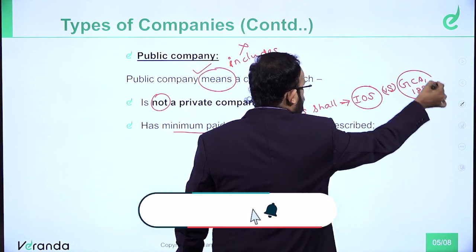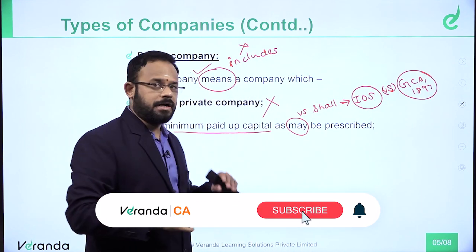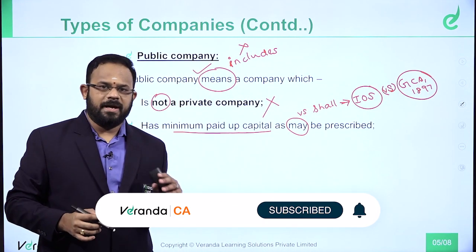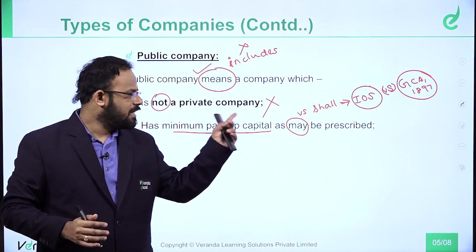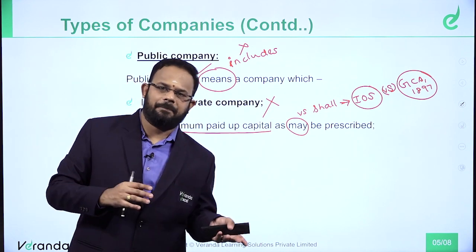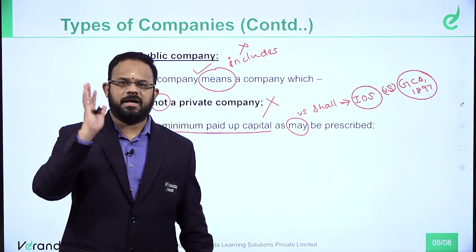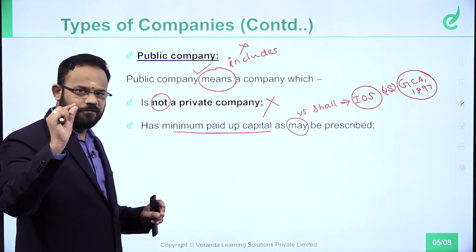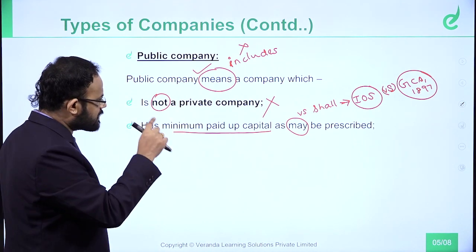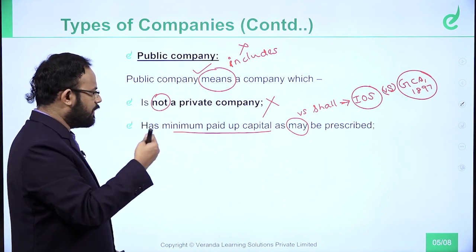So this is one other act where they will study what is may, what is shall. May means may or may not. Basic definition. You have an exception also. May means may or may not. It can happen, may not happen. Shall means definitely it should happen. So there is a way that you will have to remember. Each and every word has something to remember. As may be prescribed, so it can change.